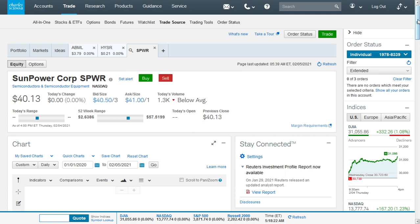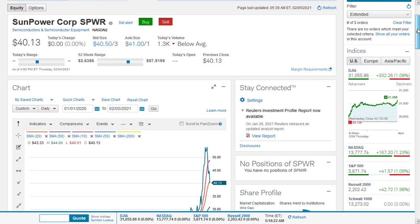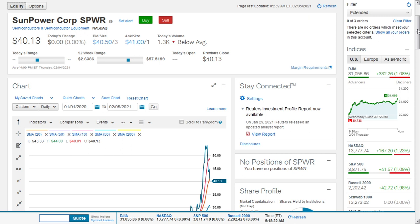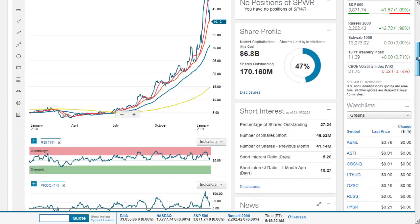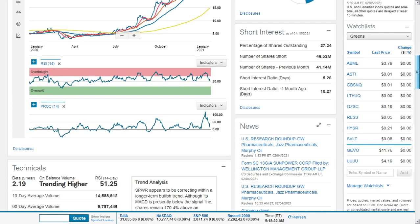Okay, so the next one will be SunPower. SunPower closed the session of the 4th of February 2021 at $40.13, and it has a market cap of $6.8 billion, 170.16 million shares outstanding. 47% of the stock is held by institutions, and it has a short interest of around 52%. So that's a very heavy short